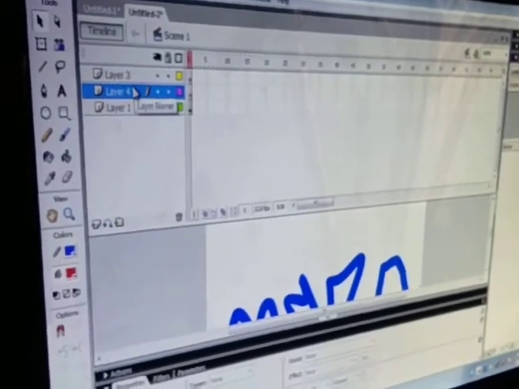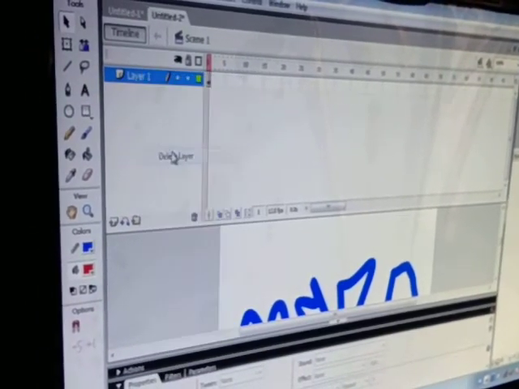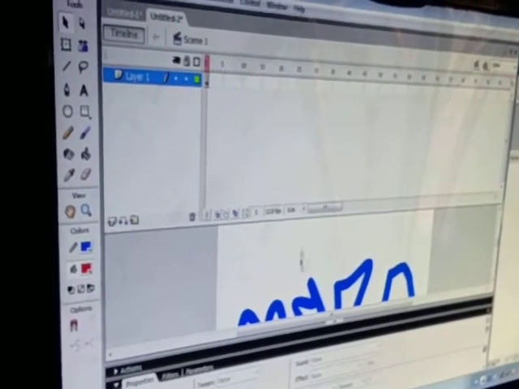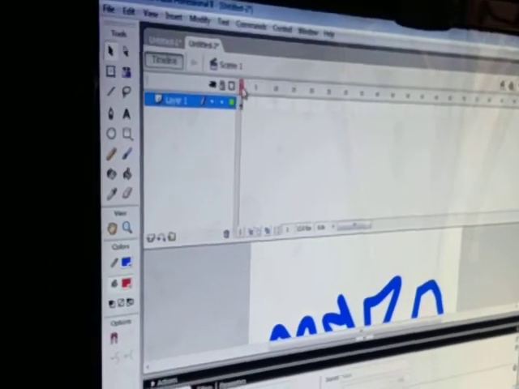I am going to delete this layer. This is a playhead, and suppose we are going to create some animation over here. So delete it now.